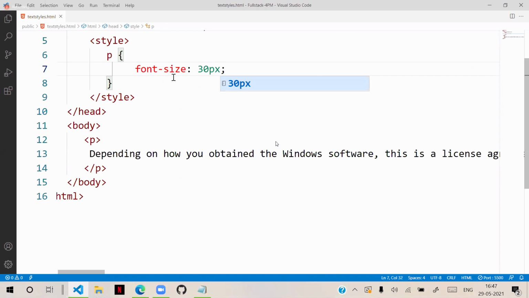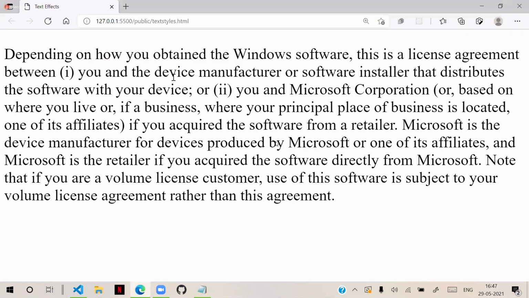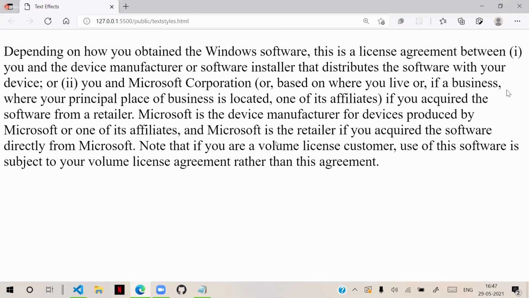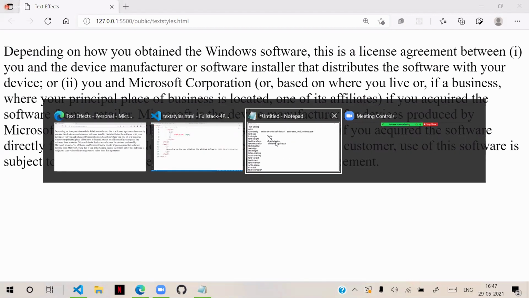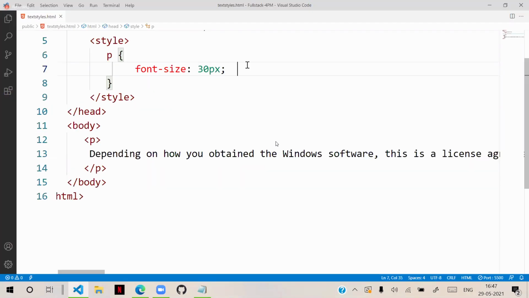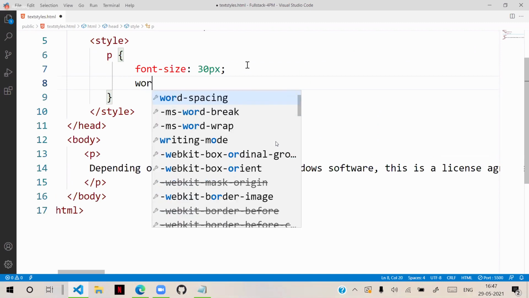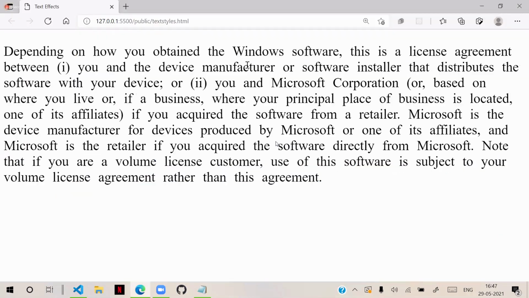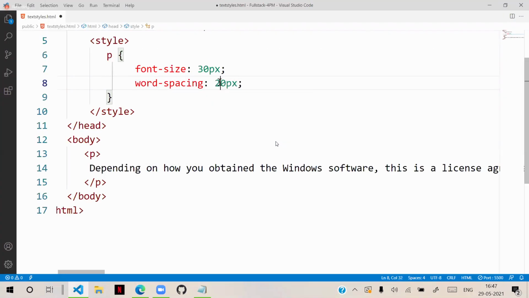When font size increases, the right side unevenness will increase. If I increase the space between the letters or the words, so if I put word spacing as 10 pixels, some space will increase. So with 20 pixels, some more space will increase.